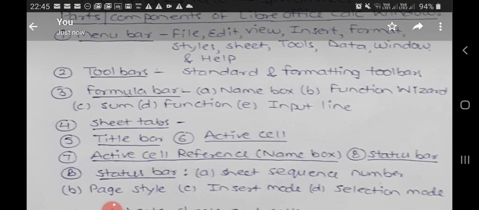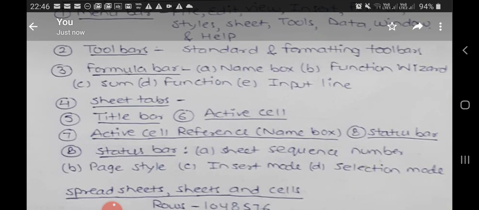Next one is the input line. The input line displays the contents of the selected cell, data, formula or function, and allows you to edit the cell contents. Next one is sheet tabs. In Calc, you can have more than one sheet in a spreadsheet. To change the default name for a sheet, like Sheet1, Sheet2,